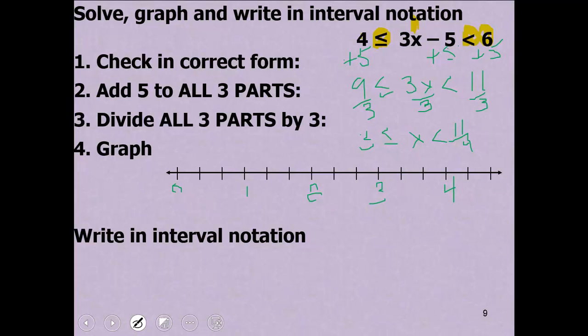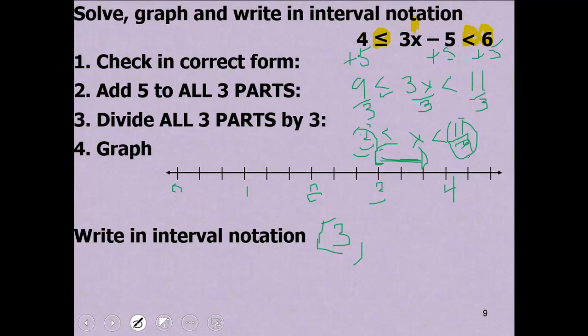So, I'm going to graph. Remember, my x's are going to go to the right of this number and then to the left of this number, and it's not going to cross over. So I have a bracket here, and I have a parenthesis here, and everything in the middle is where our solutions are. Okay, so in interval notation, bracket 3, comma,